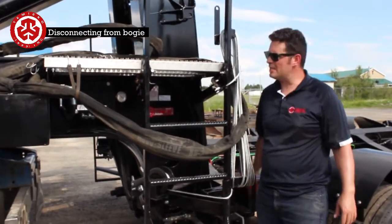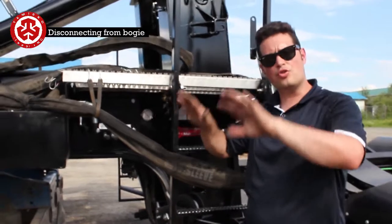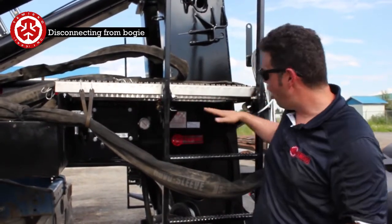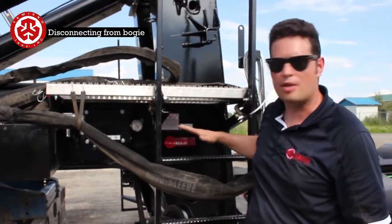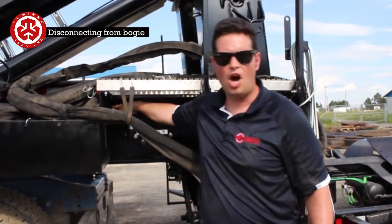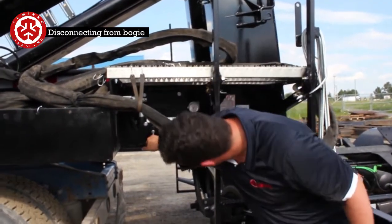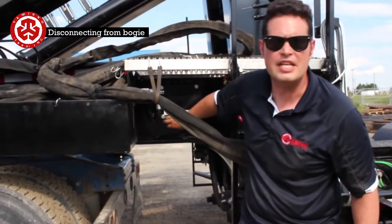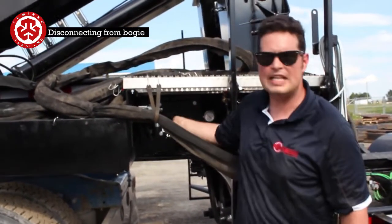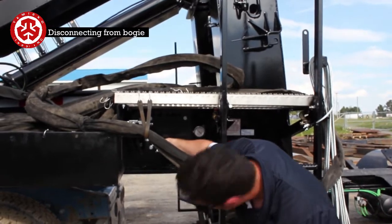Taking these bottom pins out, so what we're going to do is we're going to use the stingers. That's just going to pick up the gooseneck, because right now all of the force is going down on the pins. So I'm going to open up these ball valves, unlock the stingers, like that. And these are however you want the gooseneck. I want the gooseneck to go up, so I'm going to take these and go up. If you look underneath,